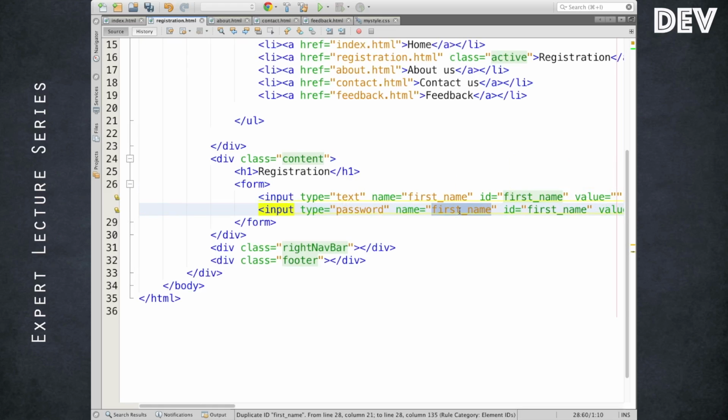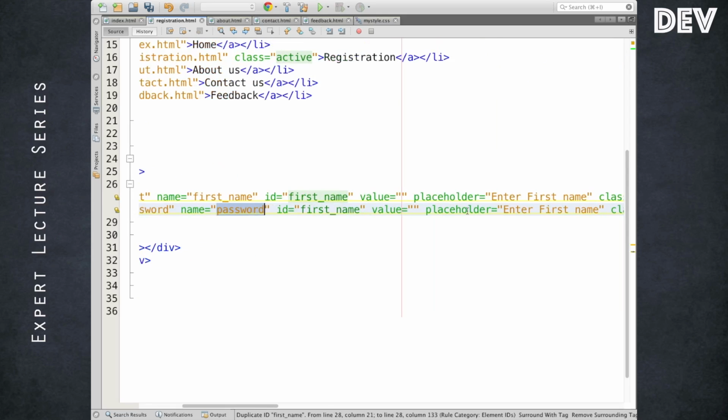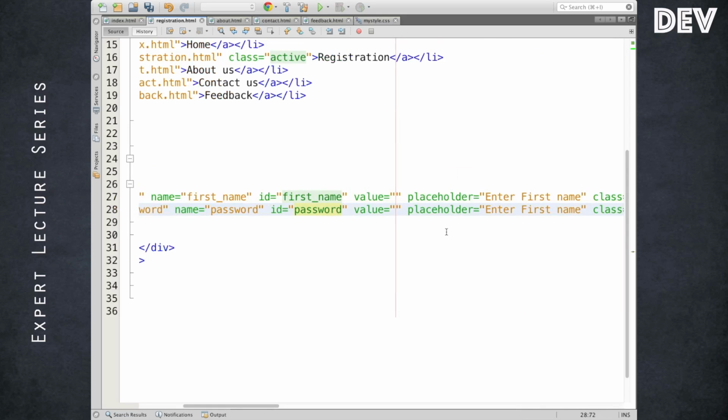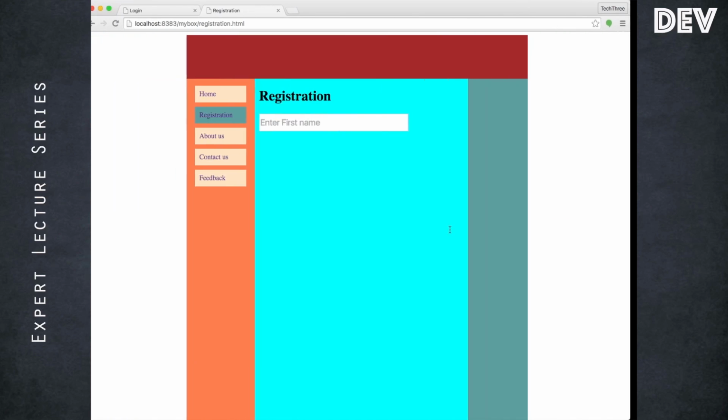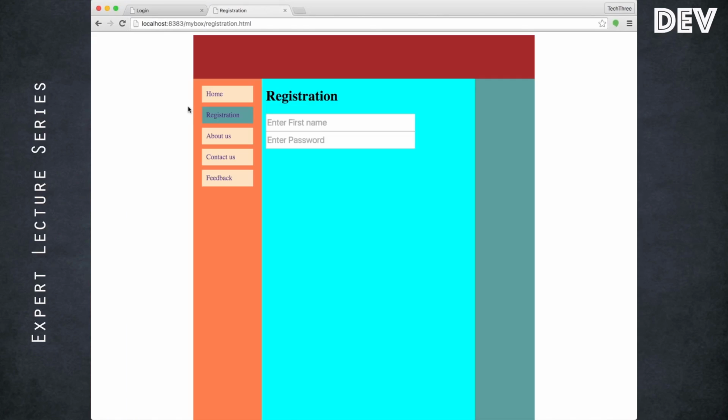Password. There is a problem now. Both are touching. That also doesn't look good.